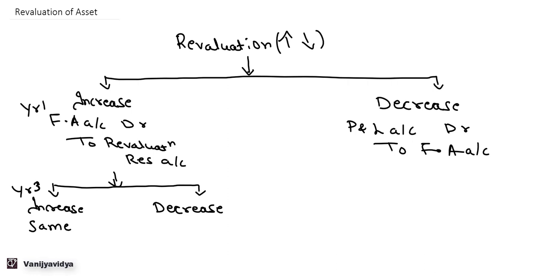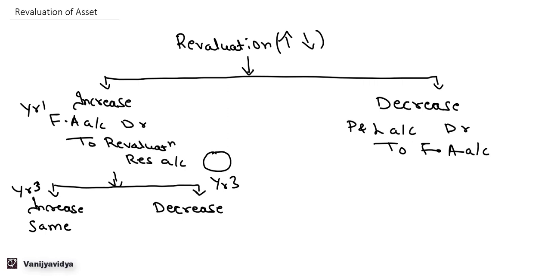But now say there was an increase and subsequently there is a decrease. Usually whenever there is a decrease in the asset, we transfer it to your profit and loss account immediately as loss on revaluation. But say initially there was an increase because of the revaluation, and in subsequent years, say in year 3, there was a decrease. In that case, to the extent of the balance in the revaluation reserve, that decrease needs to be adjusted with the revaluation reserve, and only the balance should be carried to profit and loss account.